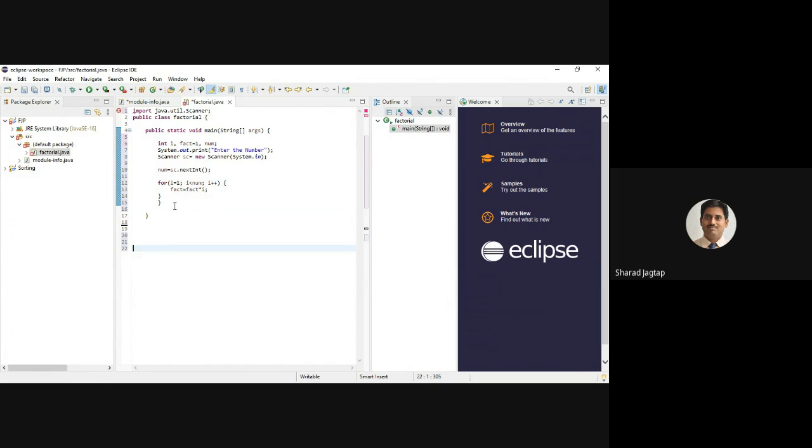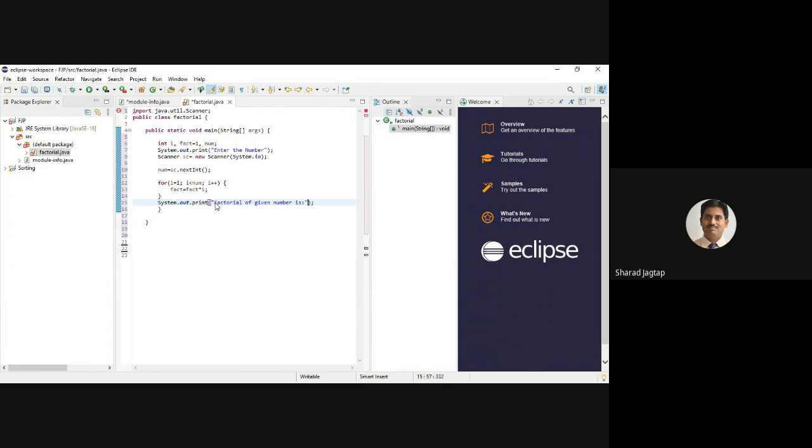Okay, and then here we can get it as output like this. Here we can display this output, so I can copy paste here System.out.print, "Factorial of given number is" semicolon, and here we can write that value.